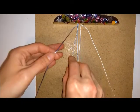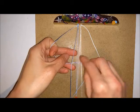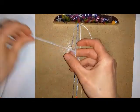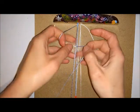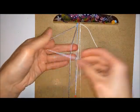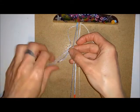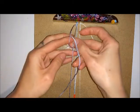I'm going to take the longest cord and just going over one of the shortest cords this time, the one on the outside. And I'm going to go over and through, and under and through. So I'm doing the same as I did before, but I'm just working over 1 cord this time. And I'm going to do 3 hitch knots at each side. So just again over and through, and then under and through,